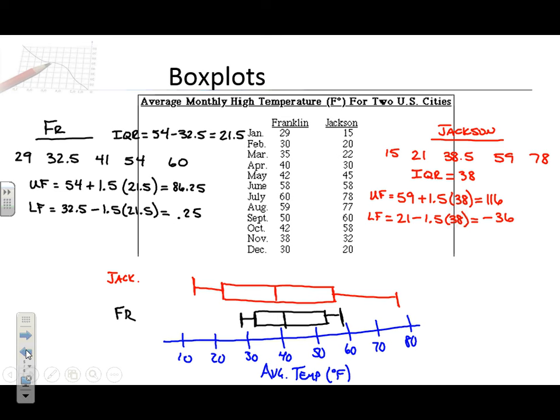But what do we notice is a big difference between the two? The mins and maxes are quite a bit different. What do we notice about the entire range of values for Jackson versus Franklin? How does the spread compare? Which one has higher varying temperatures? Jackson. Jackson's temperatures vary a lot more than Franklin's do. Franklin's stay pretty consistent, right? Versus Jackson's, which go all the way from 15 up to 78, so that's much more variable as far as